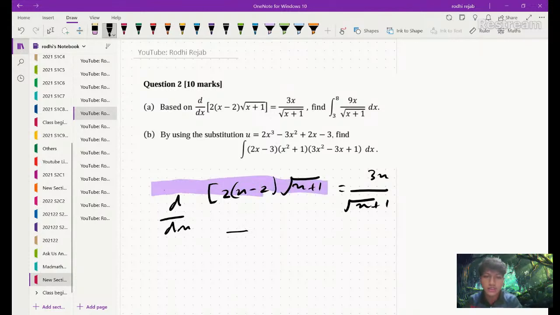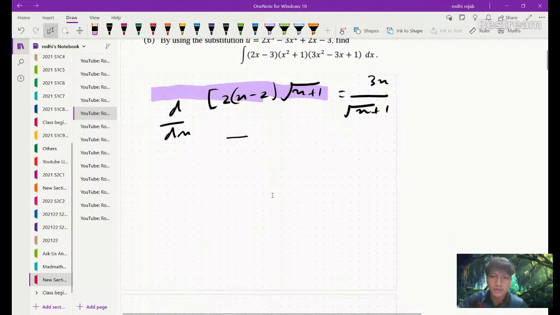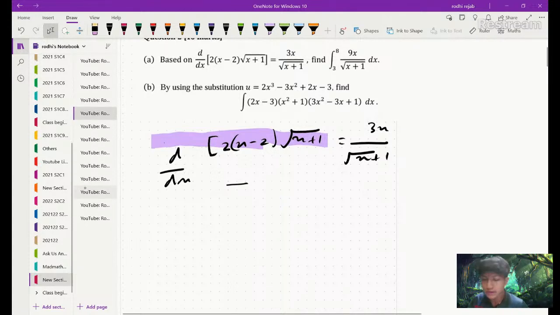If we differentiate this d over dx, the one that I highlighted, we'll get 3x over square root of x plus 1. So the question given is